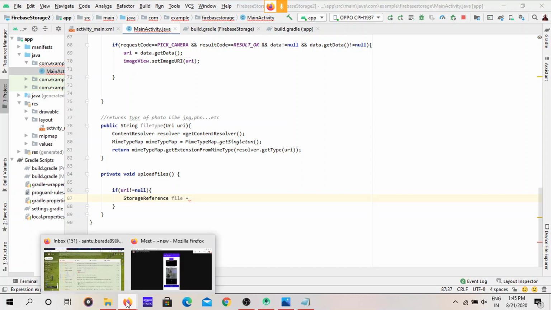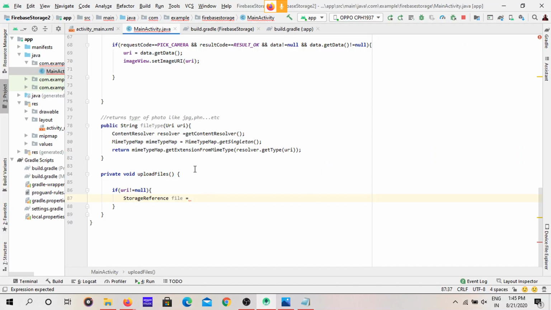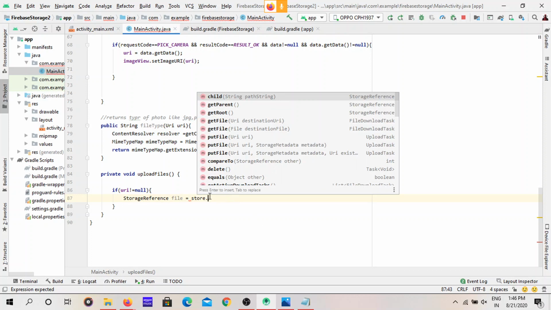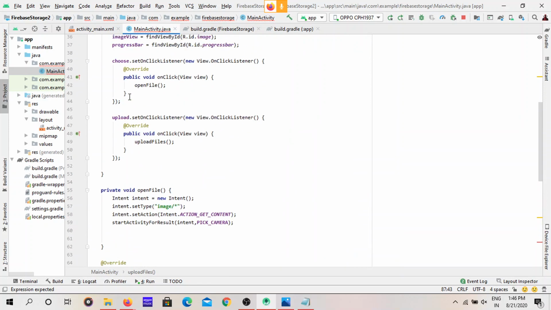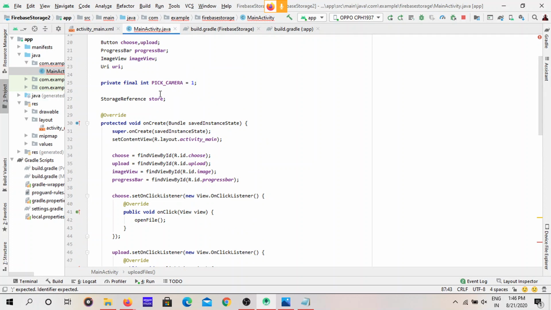Here, in which folder it has to store this data, we are going to store in the file variable. Don't panic, I will explain. Just get the storage reference. This is the storage we just declared here. But we are not doing anything; we are not going to use the store variable empty.